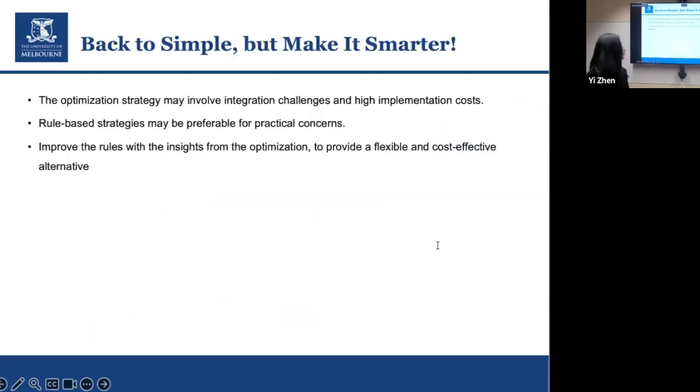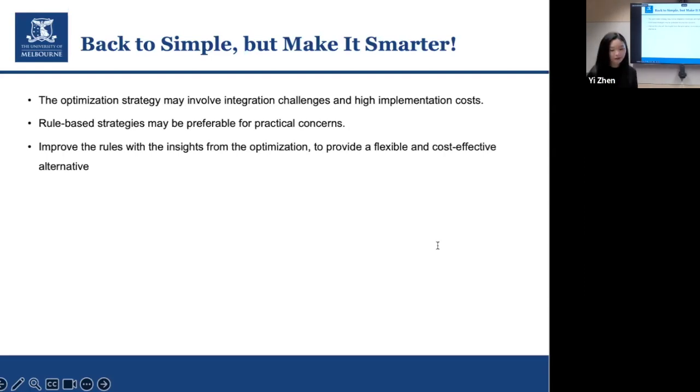And up to this point, we have been focusing on the optimization-based strategy. And we have shown that it significantly mitigates flooding, improves baseflow, and also outperforms the rule-based strategies. However, the optimization-based strategy can still be challenging to put to use in practice, considering the integration challenges and potentially high implementation costs. And on the other hand, the rule-based strategies may be preferable in practice,